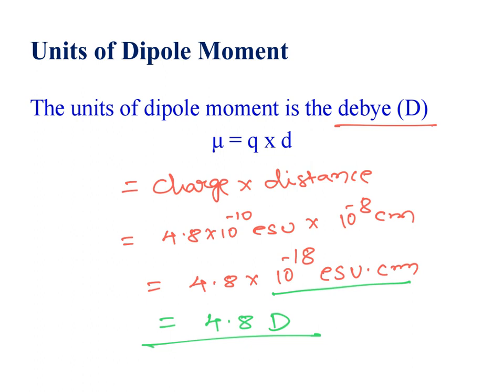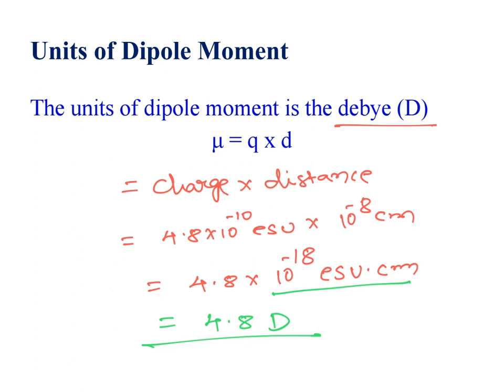So this is about the polar case. A polar molecule has a permanent dipole moment, and the polarization takes place toward the more electronegative atom. As a result, it will show a permanent dipole moment, and the strength of the dipole moment depends upon the electronegativity difference between the two bonded atoms. If the difference is high, polarization is high and the corresponding polarity is high, and the dipole moment data also gives a very high value.